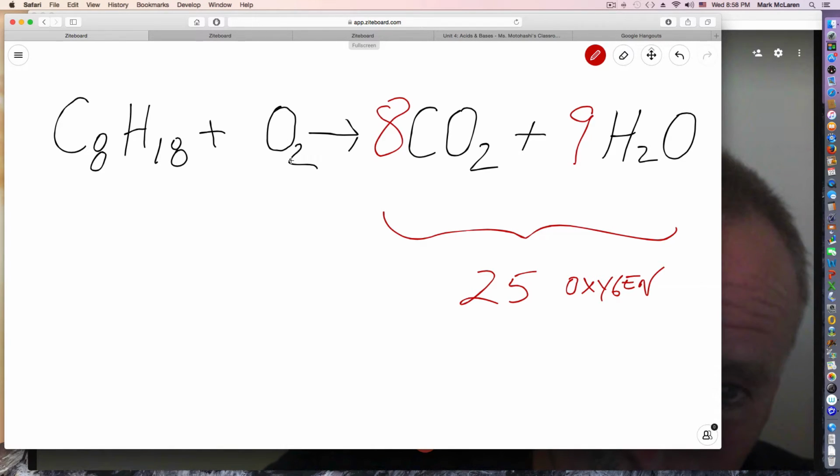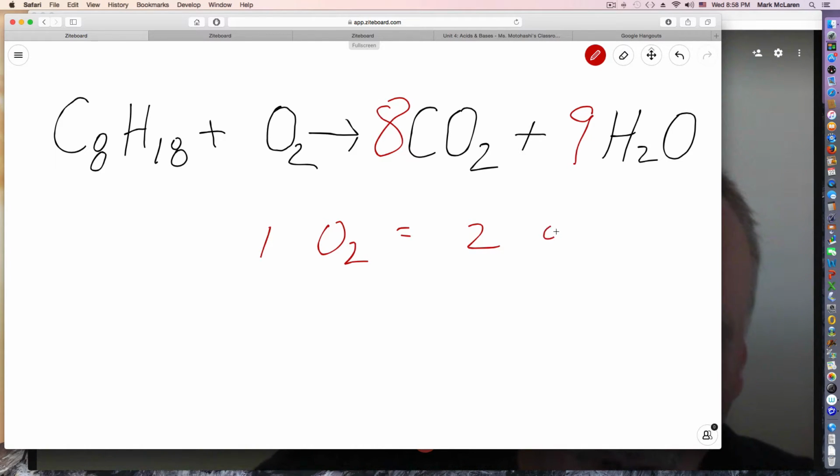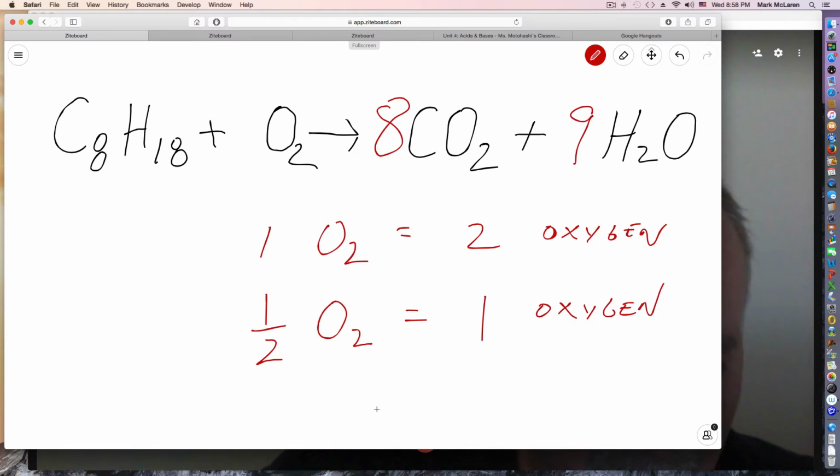But it's O2. So here's what we're going to do. Let me get rid of this right here. If I have 1 oxygen molecule, that's equal to 2 oxygen atoms, right? Well, if I have 1/2 of an oxygen molecule, that's equal to just 1 oxygen. So here's what I'm going to do. The tip is you can always use fractions when you want to. So what I'm going to do is, because I need 25 oxygen, I'm going to have